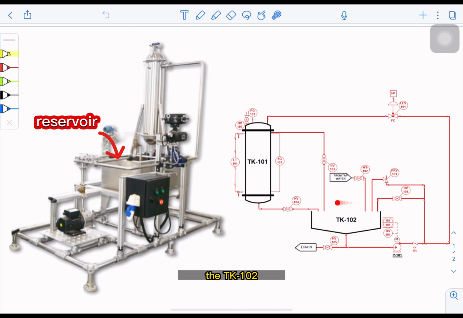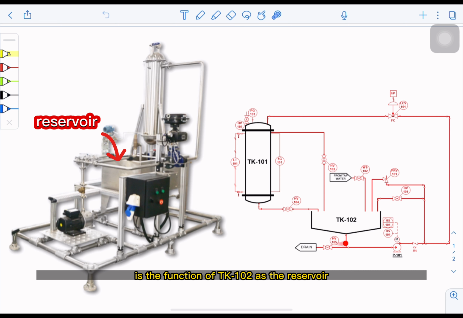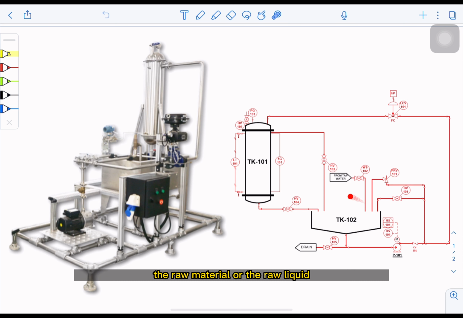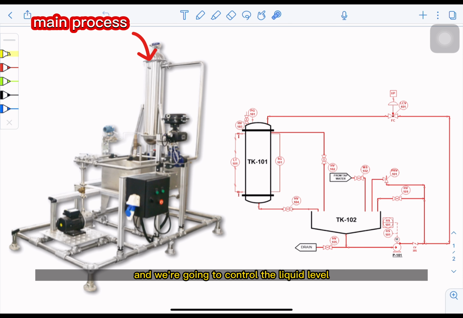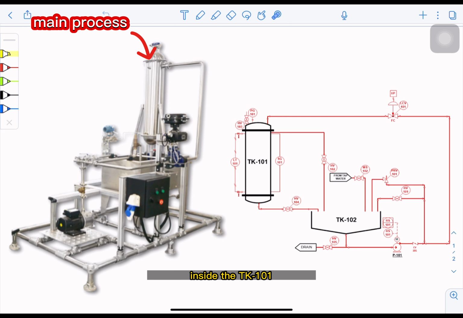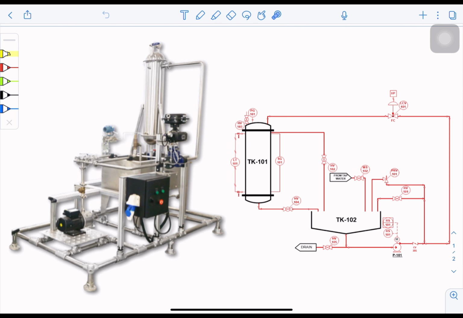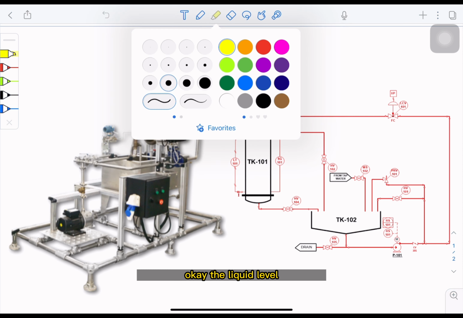The function of TK102 is as the reservoir. So the raw liquid comes from TK102, and we're going to control the liquid level inside the TK101. If we trace the P&ID diagram from TK102, okay, the liquid level, so